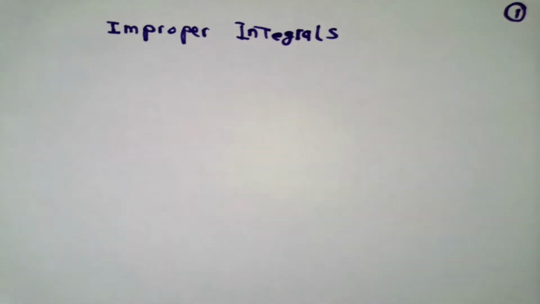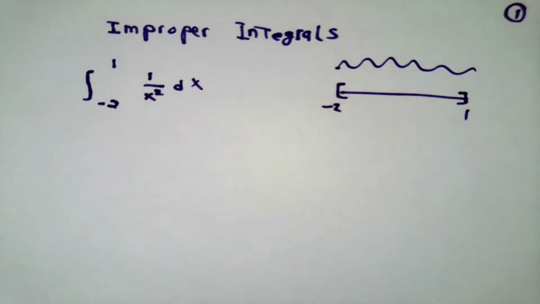The next thing that I want to talk about is called improper integrals. Before we begin, I want to show you why this can be a problem. Because of the squaring, 1 over x squared is never negative. So if I start at some number, say x equal -2, and I travel to the right, say x equal 1, the integral from -2 to 1 of 1 over x squared dx is the area under the curve, and areas are